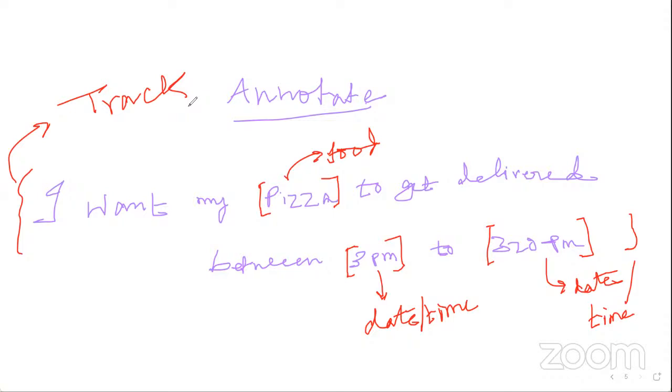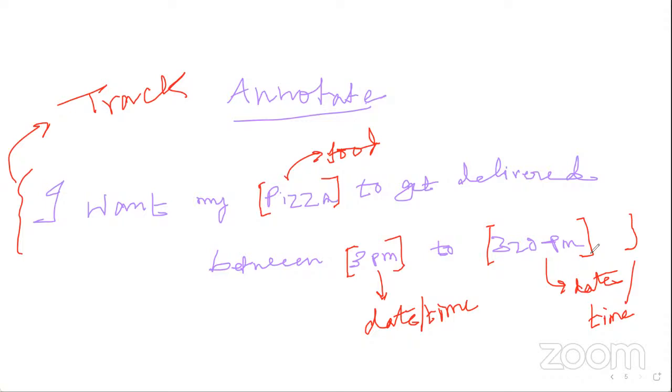Okay, this is date time. Okay, this is a food item. So all these become part of your intents and entities. Now, once it has learned, you can go ahead and pass each of these statements and predict. Once it predicts, it will say that this sentence belongs to the intent called track, and these are the entities. And based upon these entities, you go ahead and choose the action.